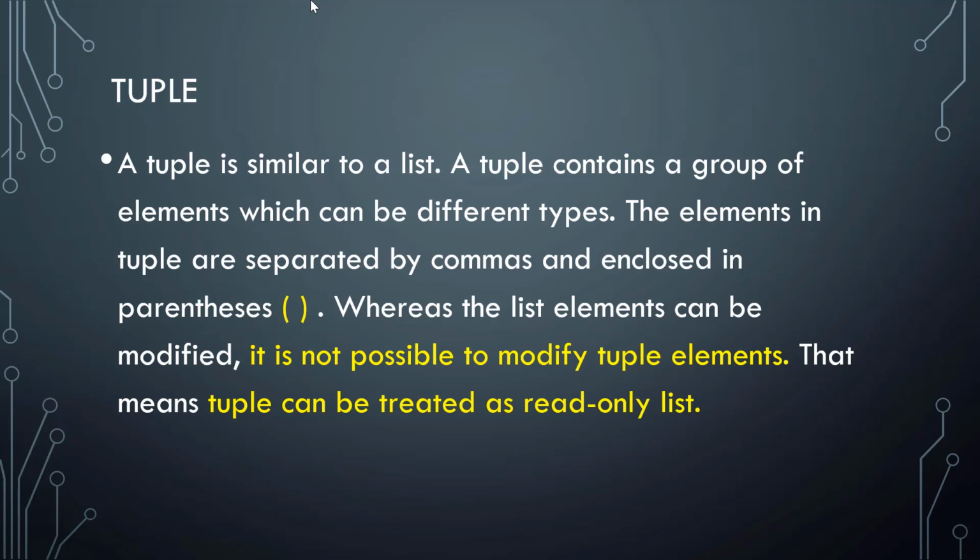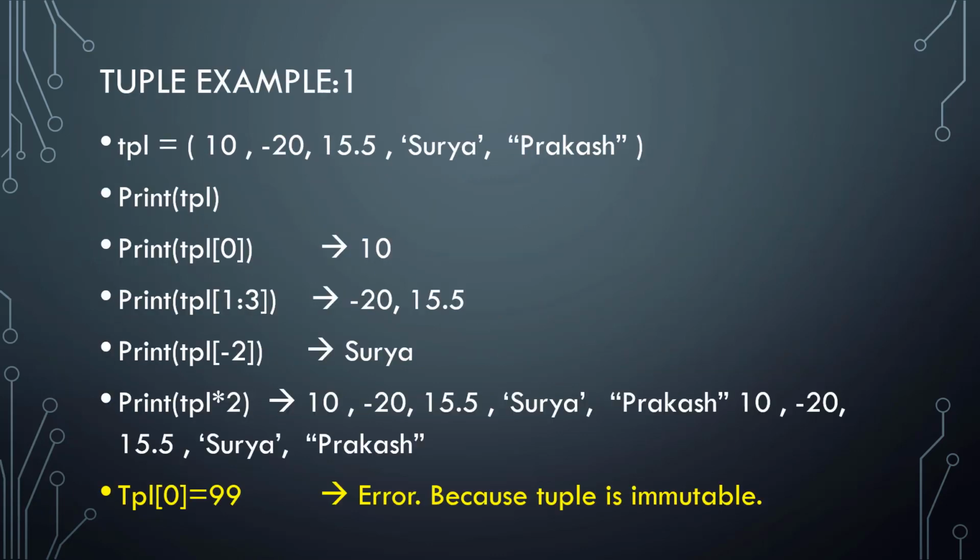Let's look at the different ways to create a tuple, how to add the elements and how to print them. See now, the example one, tuple is equal to TPL. TPL or tuple1, you can give any variable name, is equal to round brackets open, close. So what I said: 10, comma, minus 20, 20, 15.5, Surya and Prakash. See what is this? Different types of elements I'm storing. So I'm storing positive integers, negative values, as well as floating point values, followed by strings. All are possible in tuples.